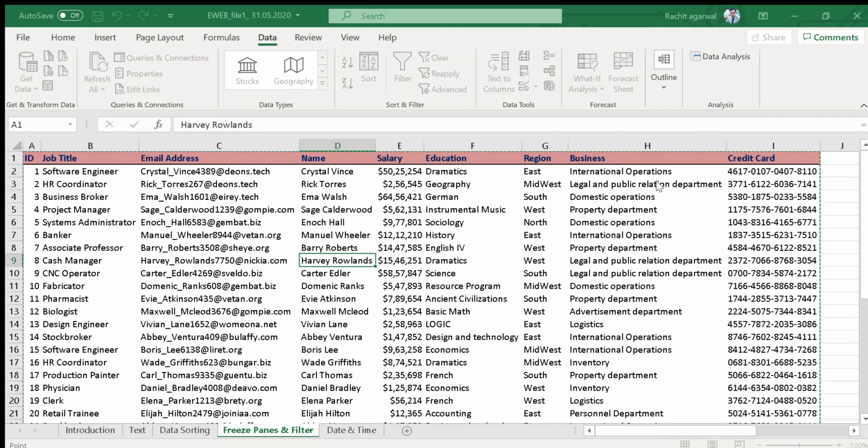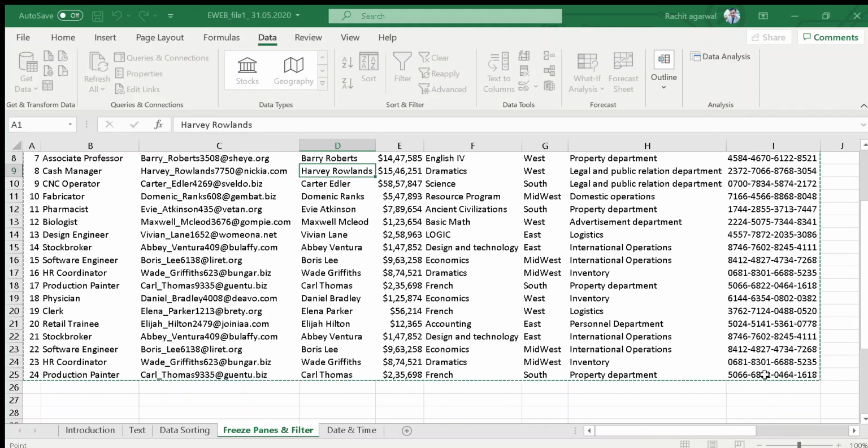The table has been automatically selected because I put the cursor in the table. So for the list range you can see A1 to I25. I25 is this cell, I is this column and 25 is this row. So the table, your list range, your data has been selected.